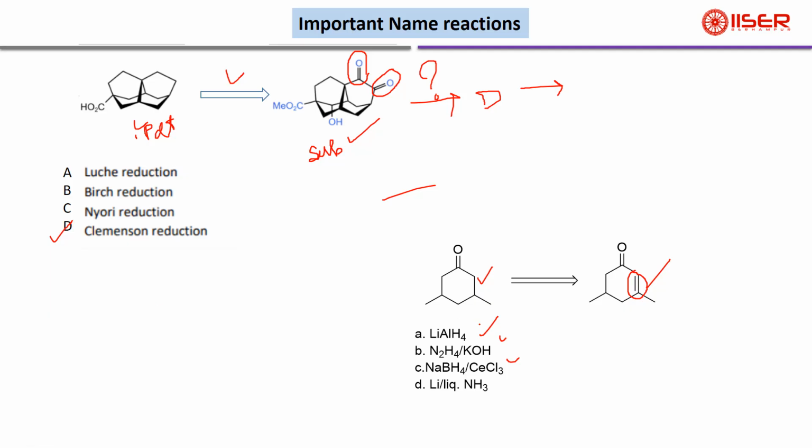So if you add lithium aluminum hydride, it will reduce this carbonyl group. If you add N2H4, hydrogen, it will reduce